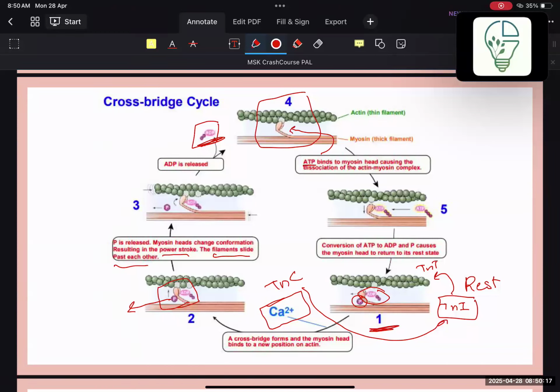And this is really important because when your body does not have enough ATP during contraction, you will end up with spasms, or you will end up in a state called the rigor state. And this also happens in people who are dead. In people who are dead, they don't have ATP, so they will enter a state that we call rigor mortis. And that means all of their muscles are tense because there's no ATP to bind to the myosin head and